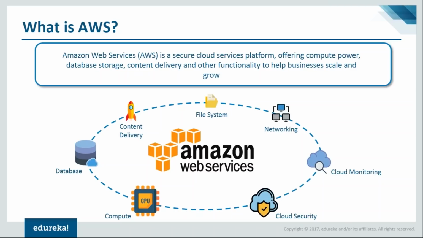So instead of buying your own servers, you can rent servers from AWS and use them at the minimum price of $0.03 per hour. That is the kind of pricing AWS has to offer. So if you need a machine to work on and you don't want to buy a machine, say you need a 16 GB machine with 8 GB of graphics card, and you don't have that machine right now with you,